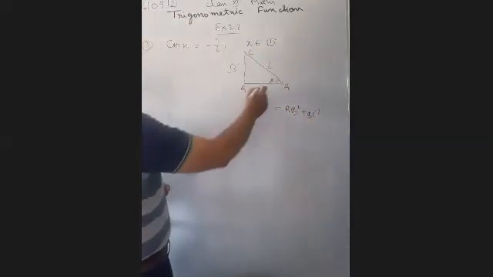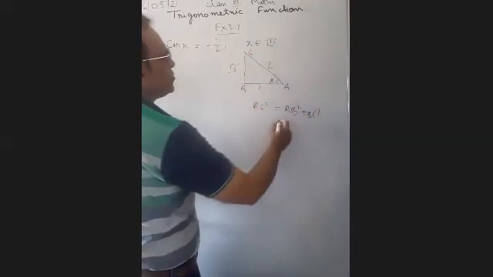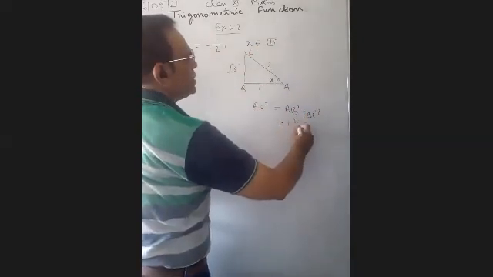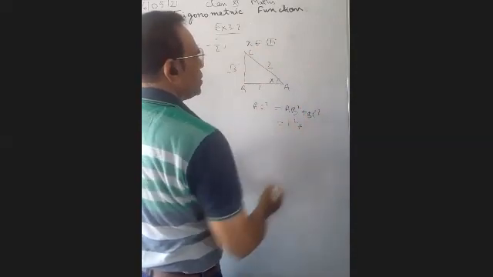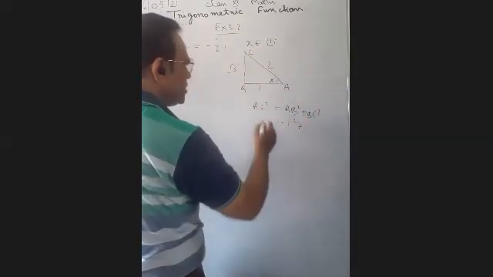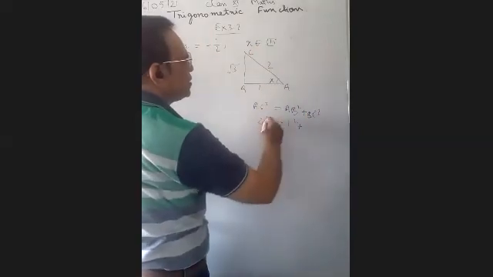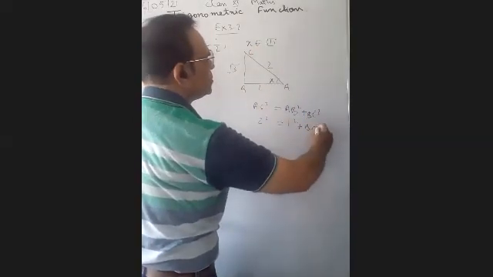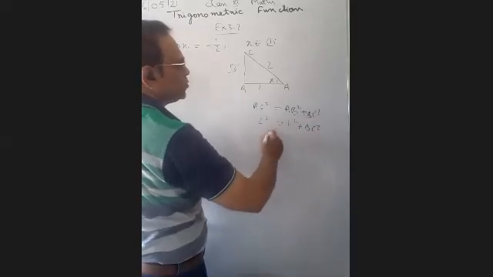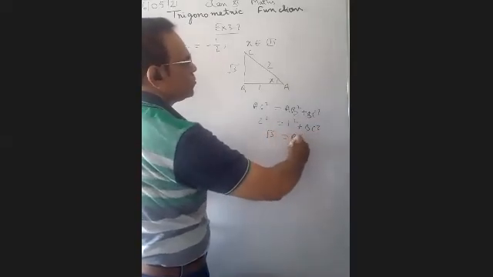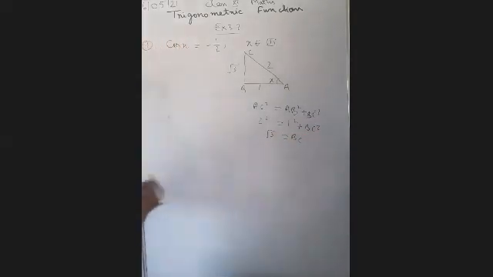So we have AB is equal to 1, and AC square we have 2, 2 square, and BC square we have to find out. 4 minus 1, then it comes root 3. BC is equal to root 3. So by using the Pythagoras theorem, you can find the value of the third side of a right angle triangle.